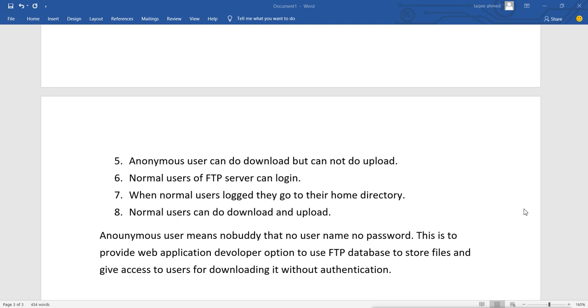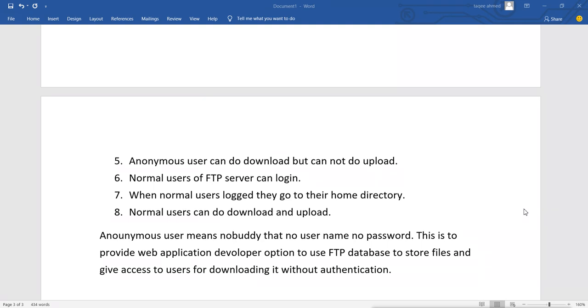But remember, FTP is client-server authentication, so it will use the username and password. But if you are creating a website where you are giving some files access to the users, and you don't want them to use a username and password, then you can use this anonymous access. And that is the only reason we have the anonymous user enabled and available in the FTP server.